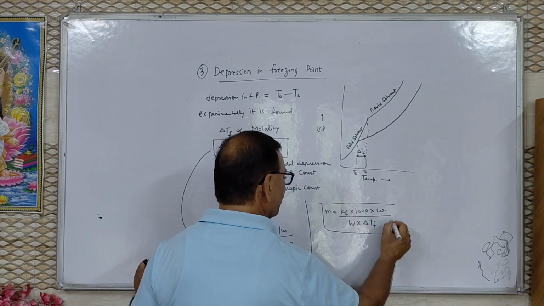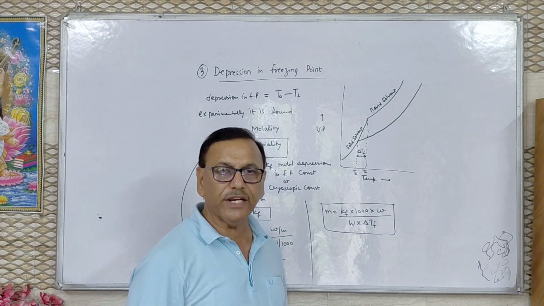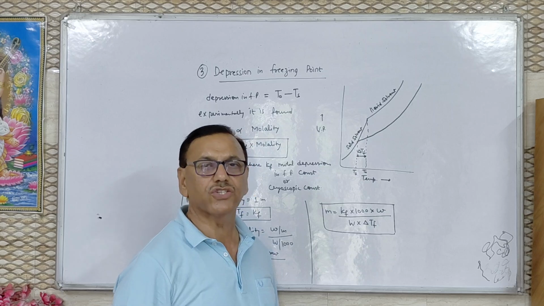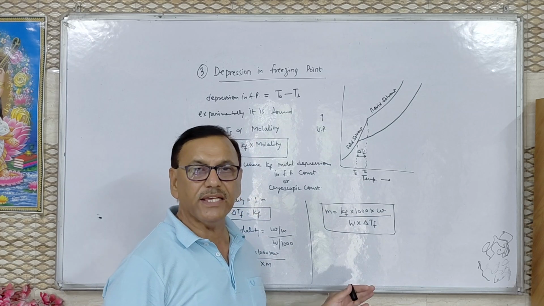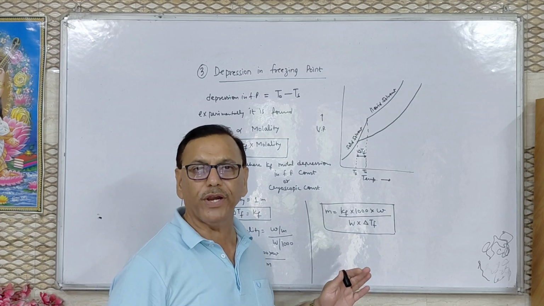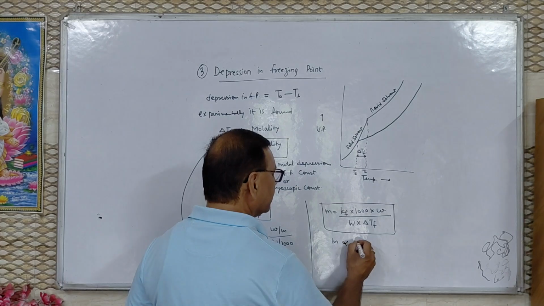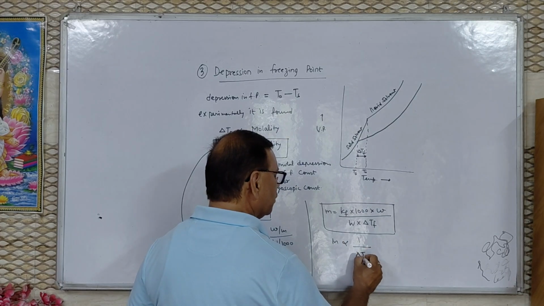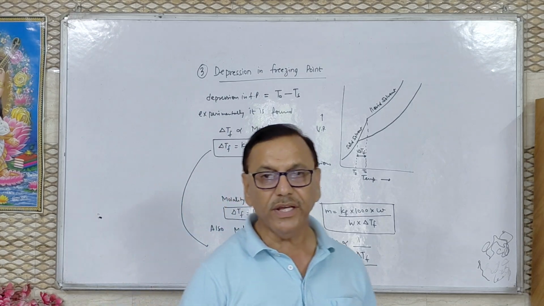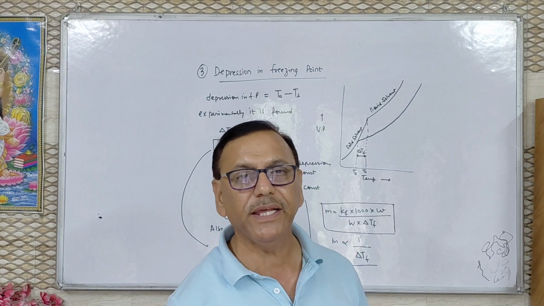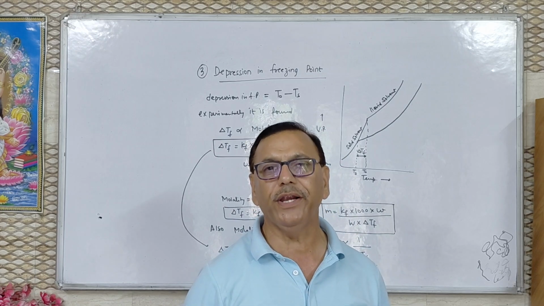With the help of this formula, we can calculate the molecular weight of non-volatile solute by utilizing the depression in freezing point property. Also, the molecular weight is inversely proportional to depression in freezing point. Now in the next part, I will explain the numerical based on the depression in freezing point method.